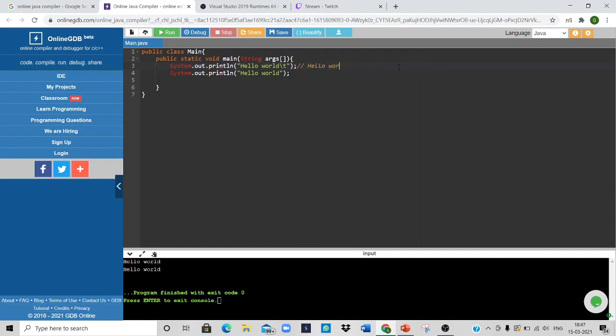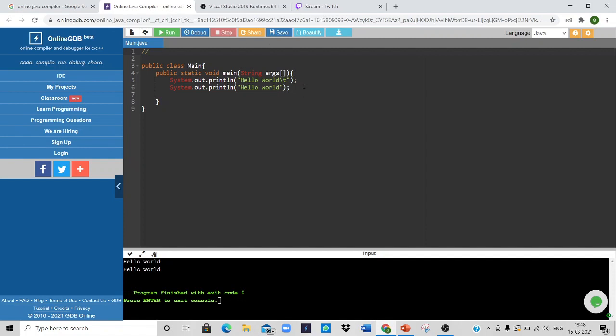We'll also talk about comments. There are two types of comments in Java: single-line comments and multi-line comments. A comment is just to give an understanding of the program to the user as well as to the programmer. If you write a program for the first time, comments help you understand it even after a long time. Single-line comments should be in a line.